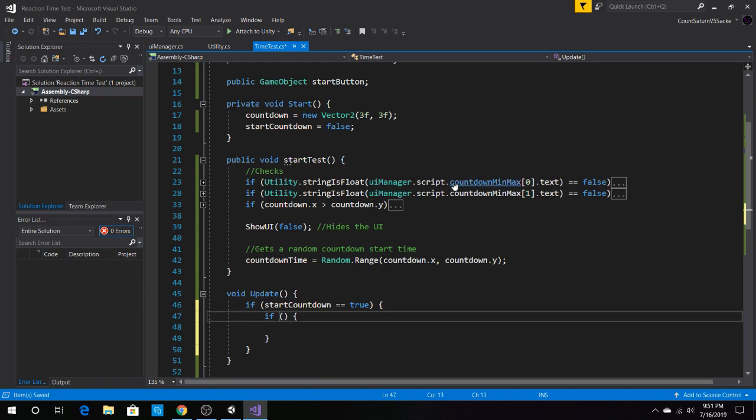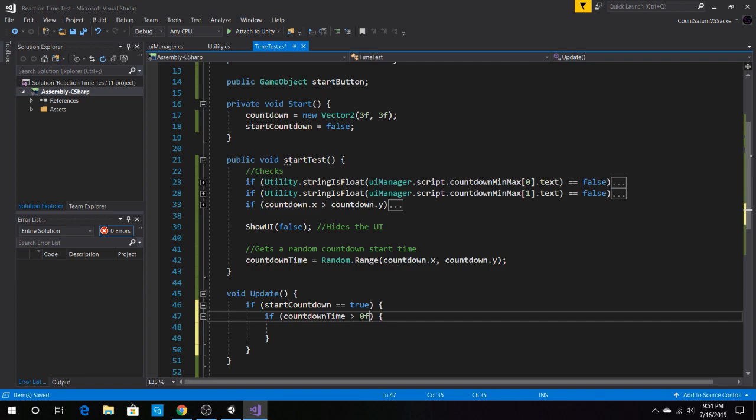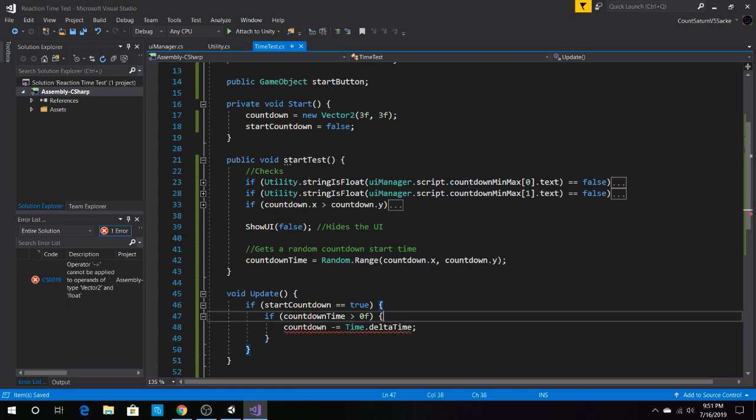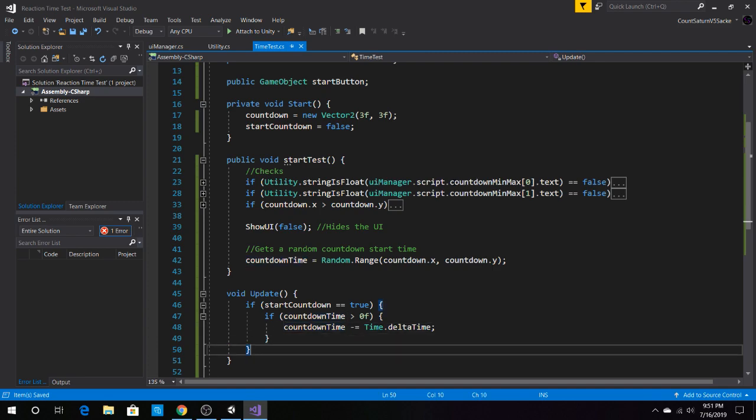If countdown time is greater than 0f, then what we want to do is countdown time minus equals time dot delta time. Else, if that's not else, else we want to do is